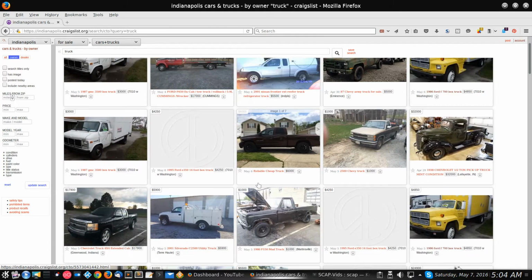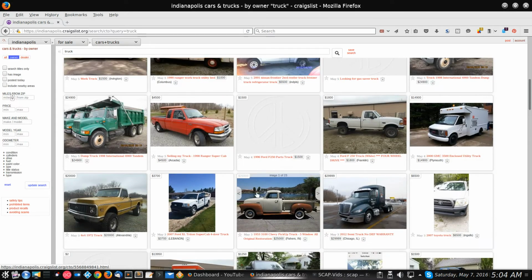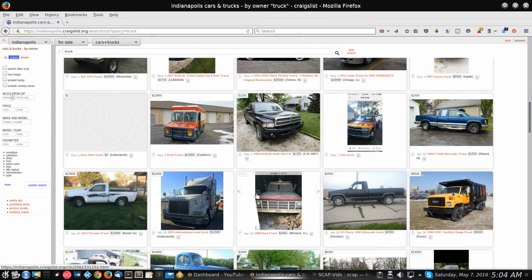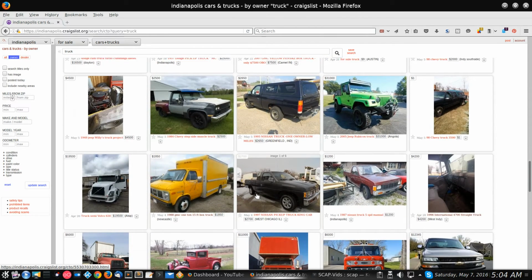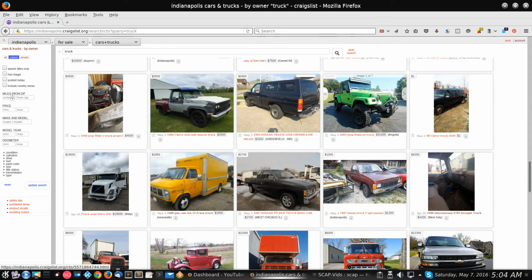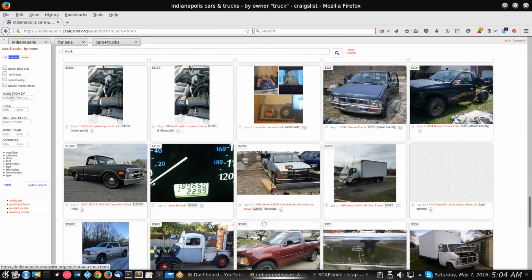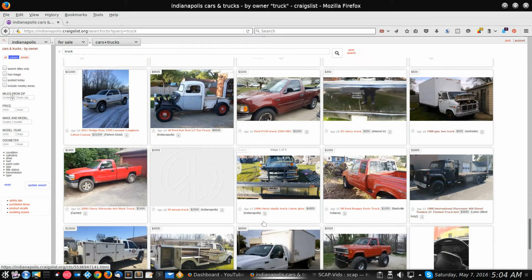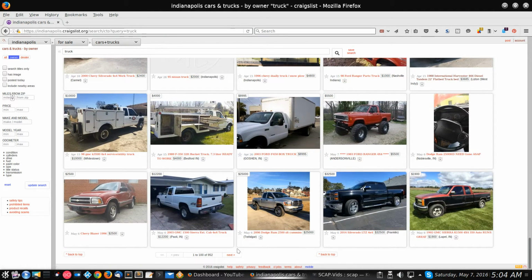Sometimes when you scroll through here, you'll see something that doesn't qualify. You may see a car listed in here, and I know that there's got to be one. Well, there's a Jeep. That's not a truck. Oh, they called it a truck though. Oh, I guess it is. They just took off the back end anyway, and now they're calling it a truck. Whatever. People often try to get very creative with their listings to get as much exposure as they can, and you can't really blame them for that.